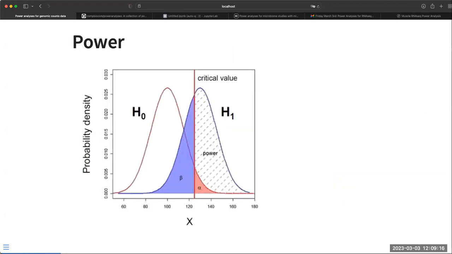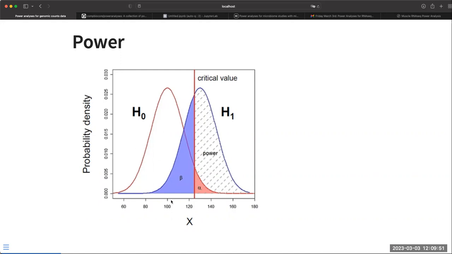Okay. So let's talk about power, first of all. In experiments, a lot of researchers are generally concerned with something called type 1 error, or alpha. This is usually what they're talking about when they're talking about p-value. Does anyone know what alpha is? Or what is type 1 error? The probability of rejecting the null when it's true. Yeah, so